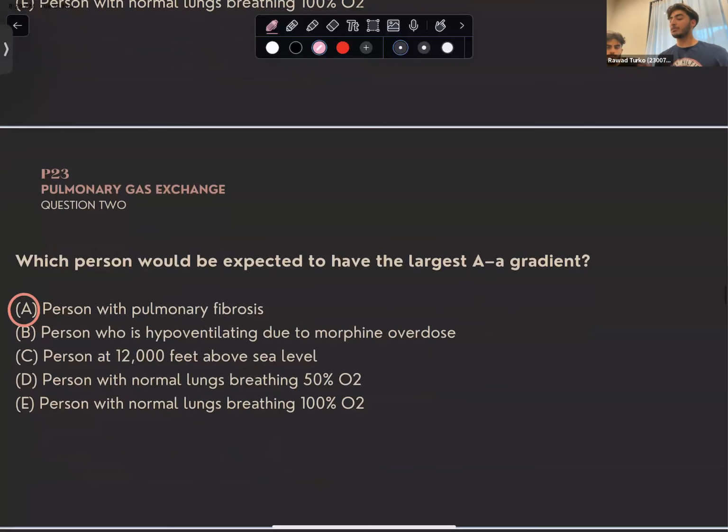So a person with pulmonary fibrosis, somebody who answered A, can somebody tell me what trouble you would face when you have pulmonary fibrosis? Why would you have that gradient, that big difference between the alveolar and the arterial pressures? What's the main thing that's compromised when you have pulmonary fibrosis? Yes, you would have trouble inhaling, but specifically in the context of the AA gradient, when we're talking about why this air